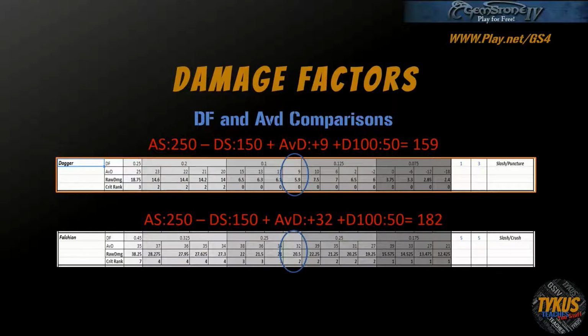And that pushes your end roll up. That difference in the AVD pushes our end roll up the difference, and our damage factor goes from 0.01 to 0.25. So we've picked up an extra, well, more than double, so 150% more damage above the dagger. So we go from a 5.9 raw damage and a rank 0 critical to 20.5 damage and a rank 2